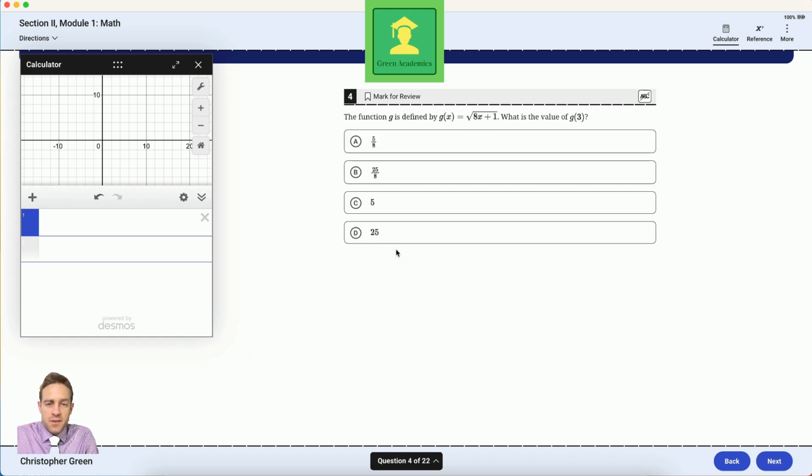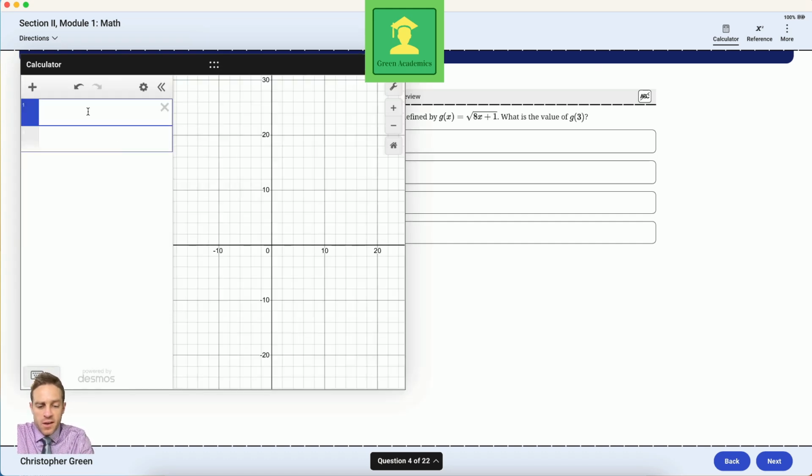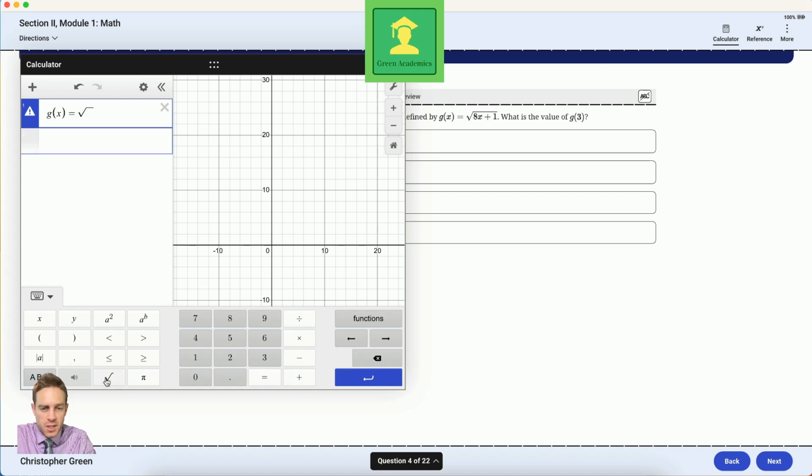The function g is defined by that. What is the value of g of 3? Well, that of course just means that you put in 3. Now, of course, you could do this probably in your head or writing it down. You could also do it on Desmos. So if you didn't understand function notation for whatever reason, you could type in